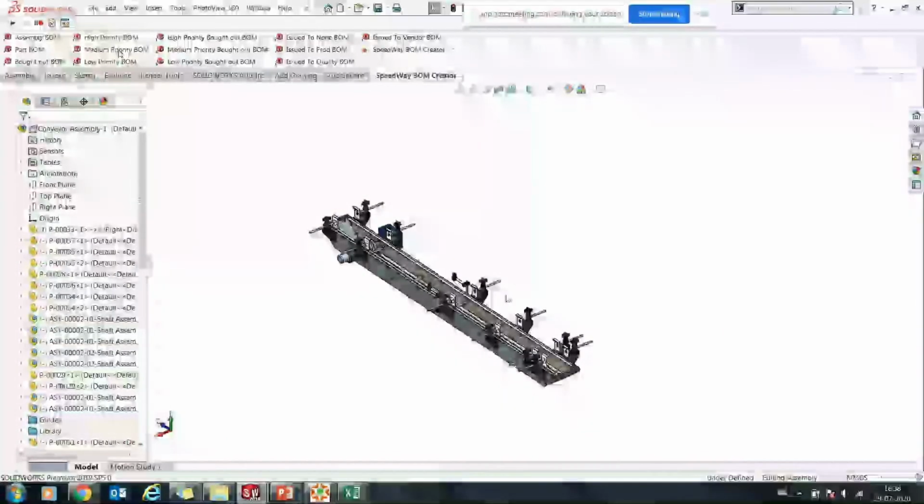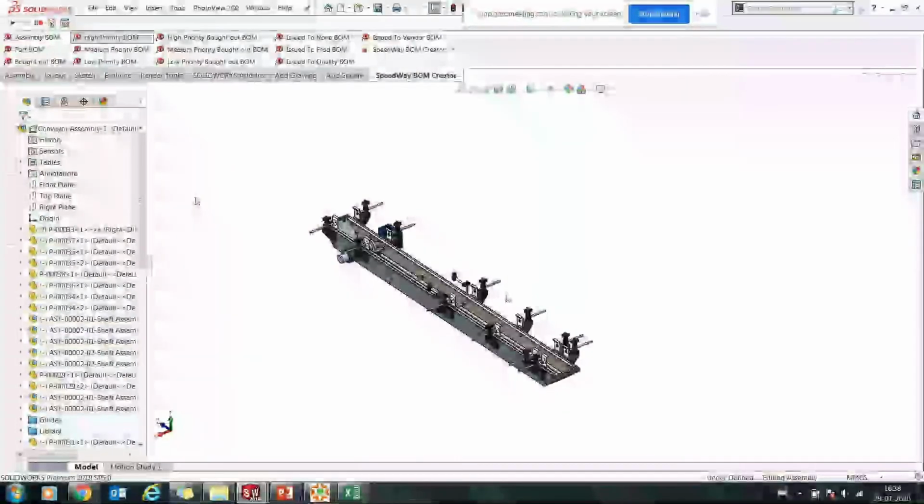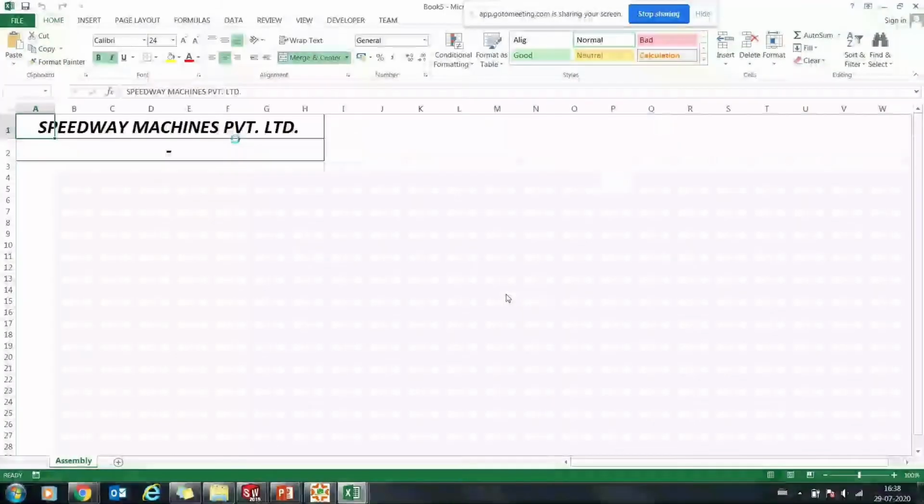You can just quickly go and tell my production department, these are my part list with high priority, right? Similarly, if I want to create a high priority bought out list, I can just again click and create this, right? You can see, this will have the details of all the high priority bought out items, right? So now my planning becomes easier. I can release the correct BOM and the plan will be complete, and we completely make sure our project is planned in the right way and our project will not get delayed.